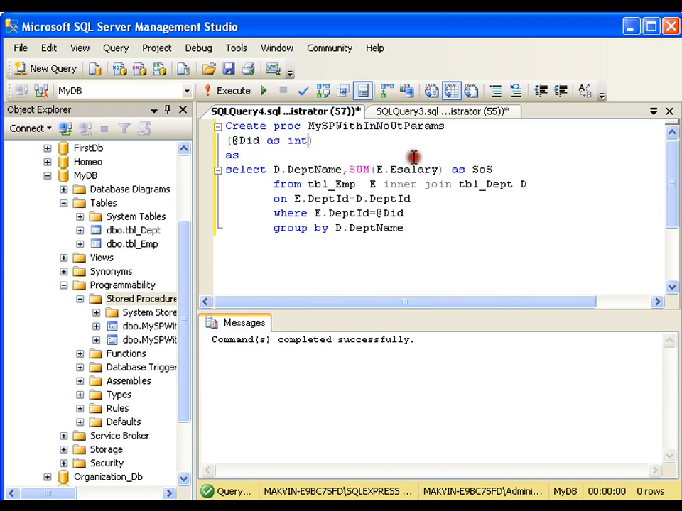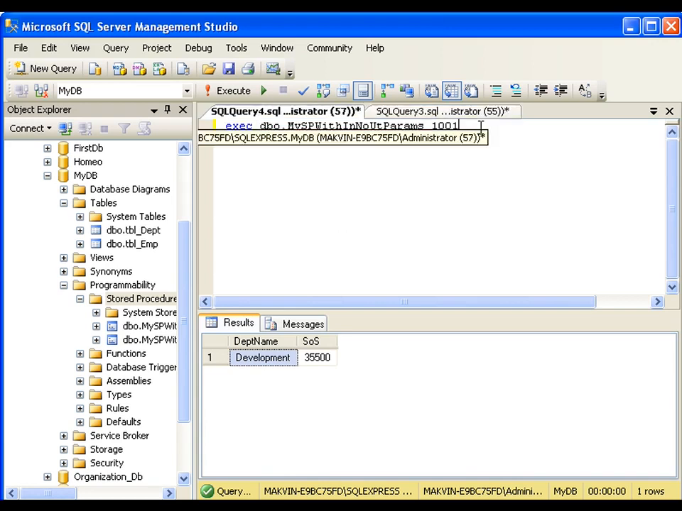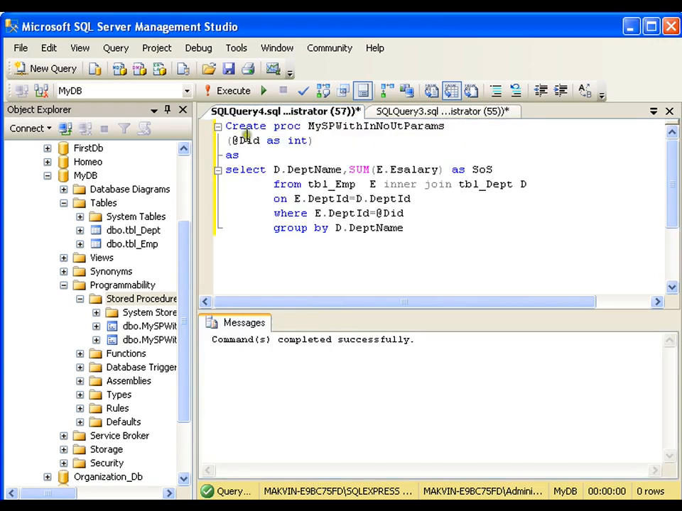I can have multiple input parameters. I can get multiple input parameters simply by putting comma, and I'll add one more parameter. So as many parameters as I want, I can use it here, and at the time of execution I need to pass all the values with the help of comma. Now one more point, I can set the default value of this parameter. So I can simply say that equals to 1001. If I do not pass any value, it should take